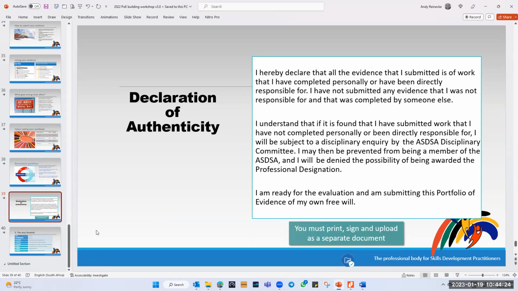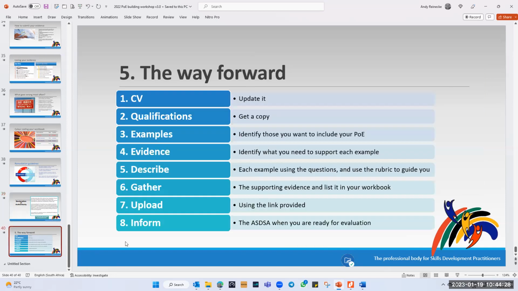So that's kind of the quick cook's tour on the presentation. We're going to move on to the workbook in a moment, but just to say, this is your process. Start with your CV, get it updated, get your qualifications, and get them certified. Identify the examples that you want to use, identify the evidence and start gathering it. Then write out the examples, describe the example. Get your evidence together and list it properly, and then upload that using the link provided, and then let